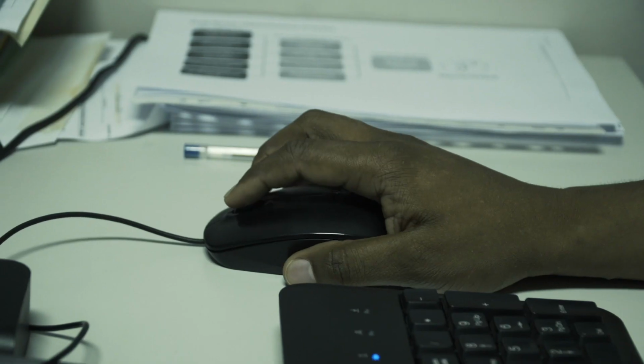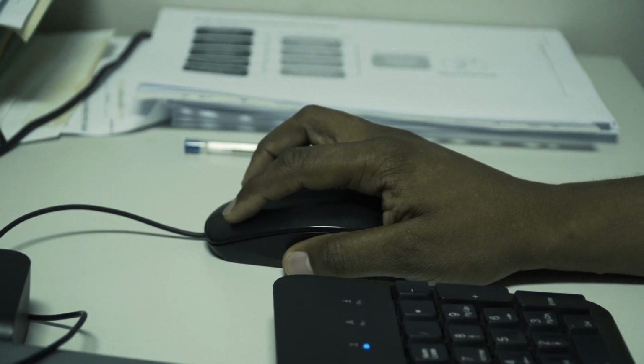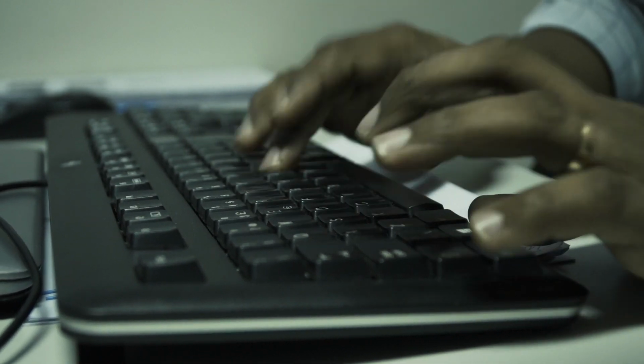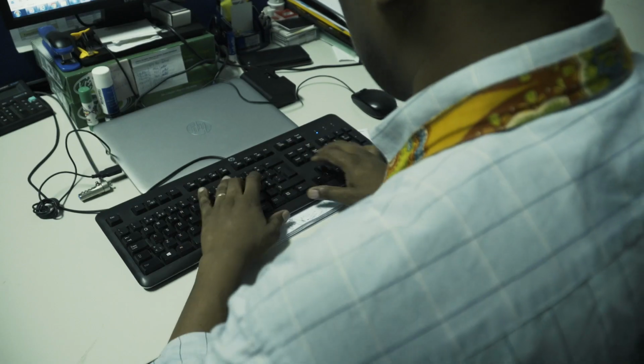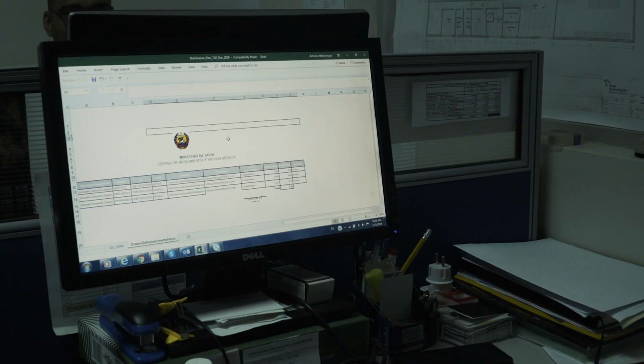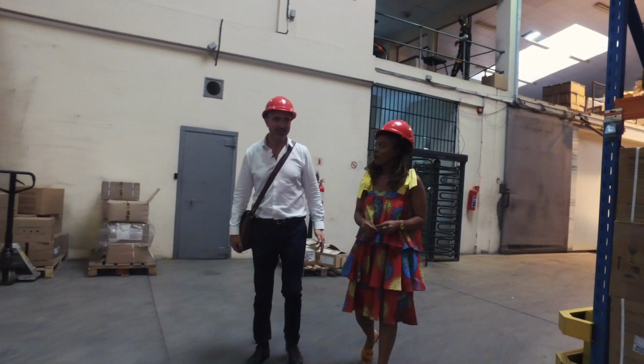The project is to have 30 intermediate warehouses in Mozambique. So, to manage the distribution of health commodities, we need routes. We need to study the routes. We need to know which kind of vehicles are suitable for dry and wet seasons. And so Project Last Mile is working with the PSM, which is the Procurement and Supply Management, partner of the CMAM. Okay, so this is the national warehouse for